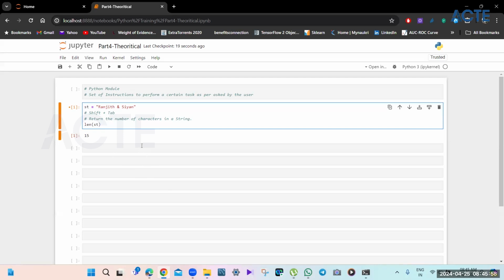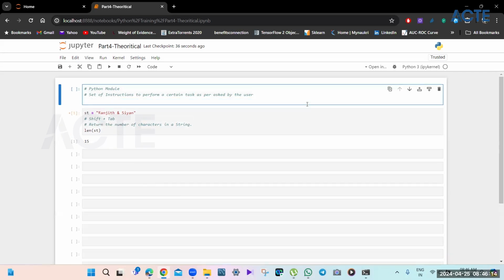Now, it would not be easy for me to remember all of it. So what Python has done is, based on your type of work, Python has divided and clubbed functions together. So let's say you are dealing with only file import and export. This is Python.